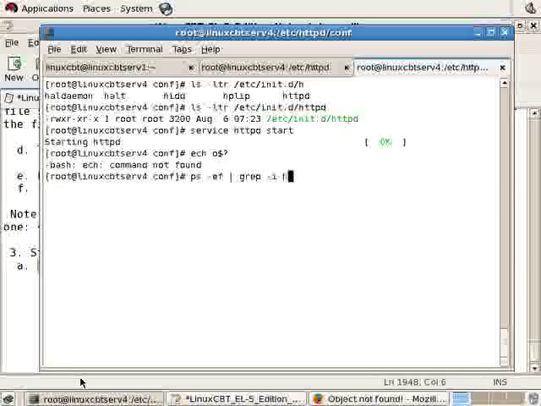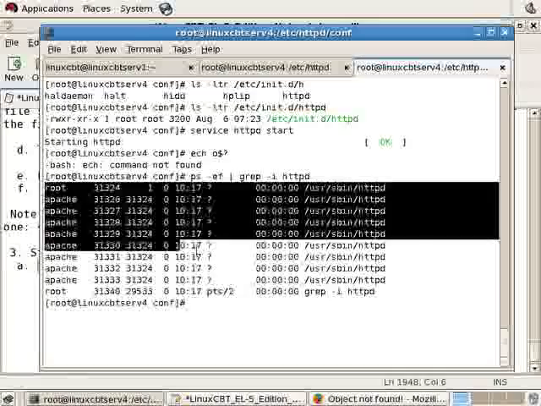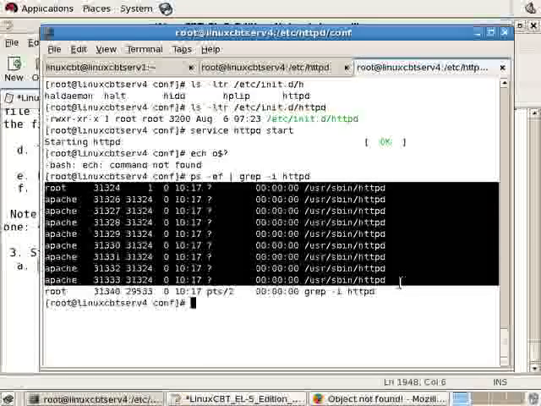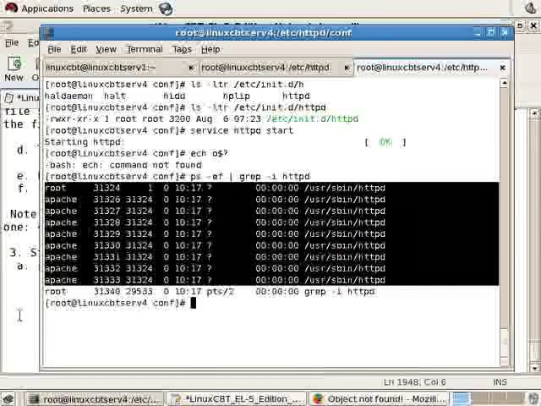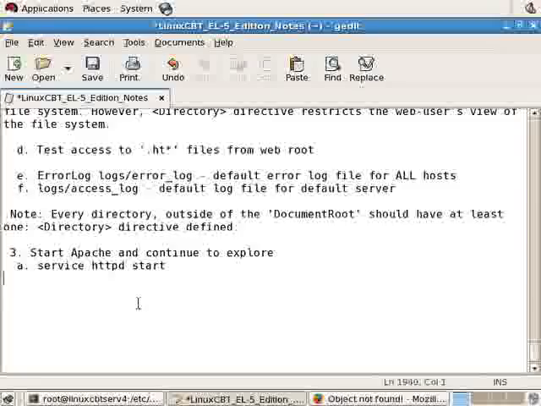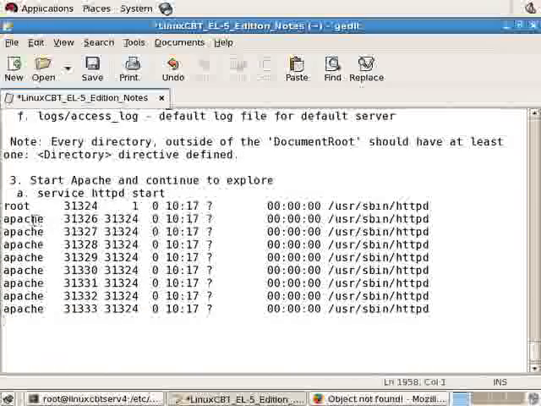ps -ef | grep -i httpd returns the instances, and let's just copy and paste this and dump it into our notes, minus the last item, which really belongs to the grep instance that we ran. So we started it, and this is what was returned. What does this all mean? Well, if you recall from the main Apache configuration file, we saw that Apache starts with the following